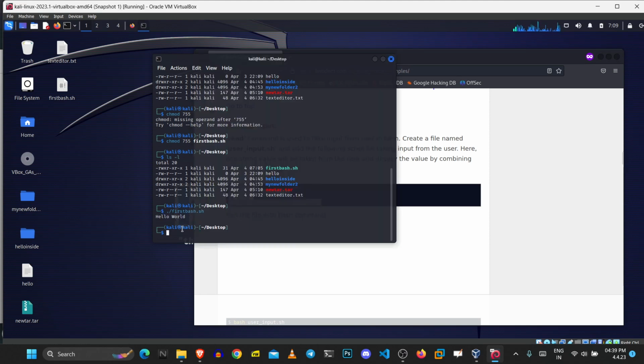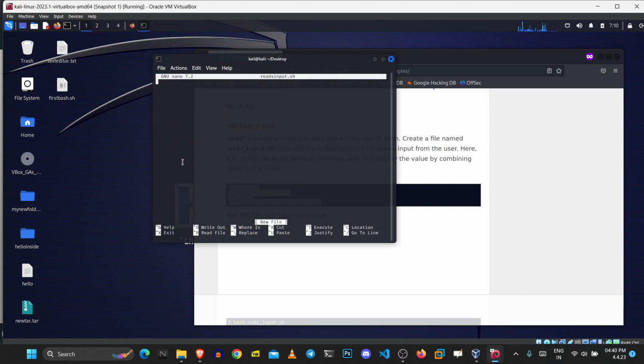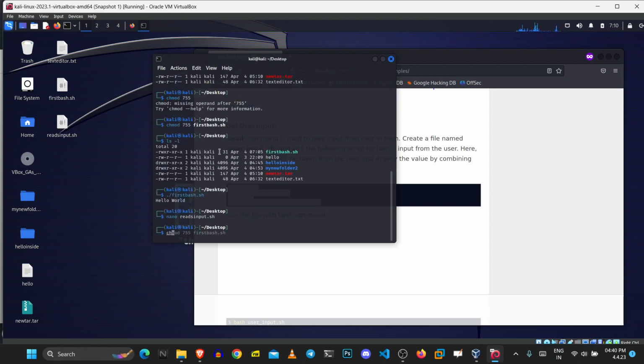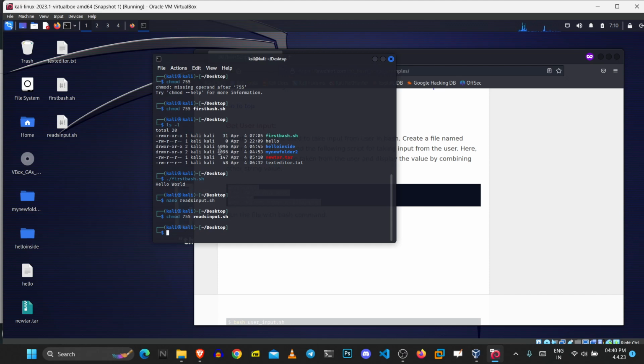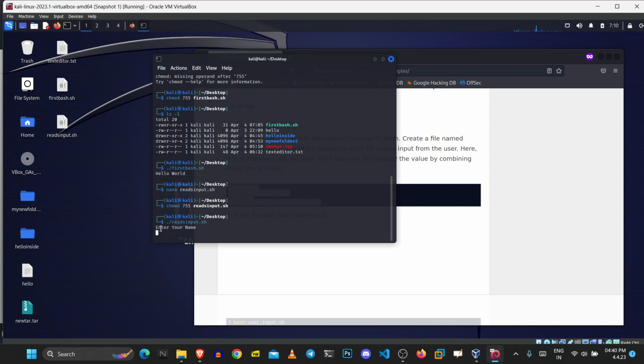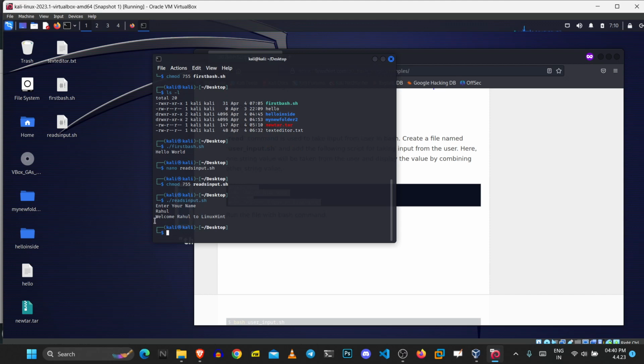I will copy this and create a new bash file using nano reads input.sh, and save it. Now I will paste it, save the file and exit, and change the permissions to make it runnable. Let's run it. Reads input. Let's hit enter. Now it's waiting for something, right? It's asking for your name. If we enter something like Rahul and hit enter,